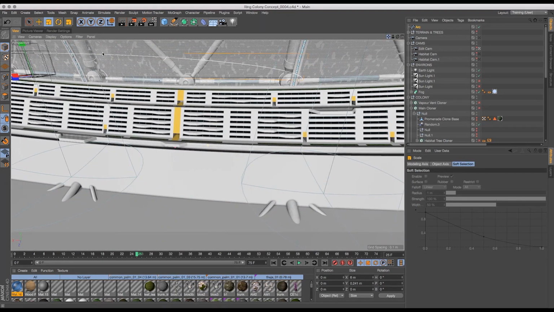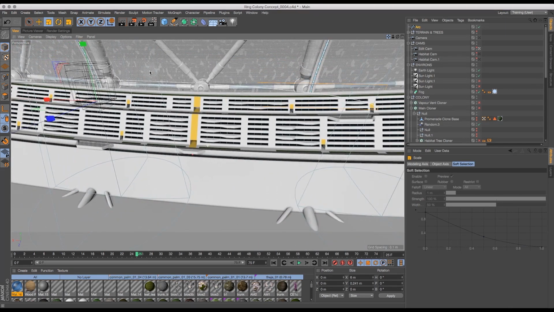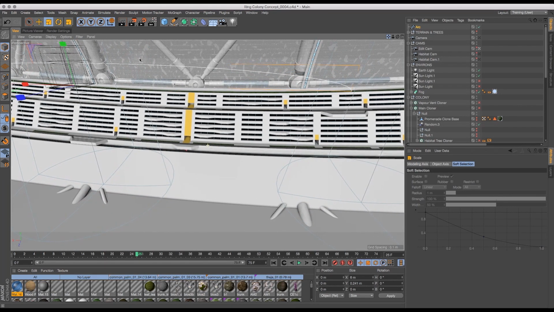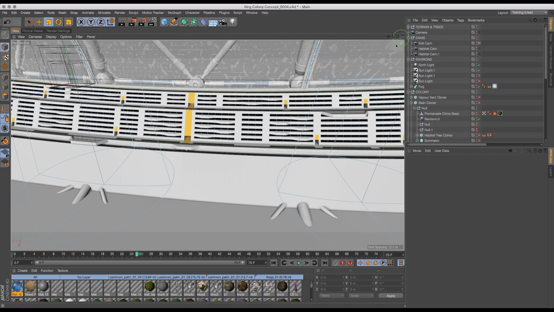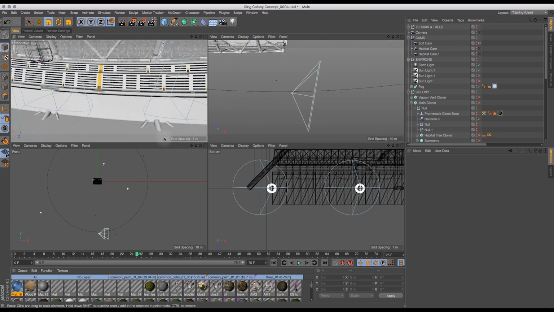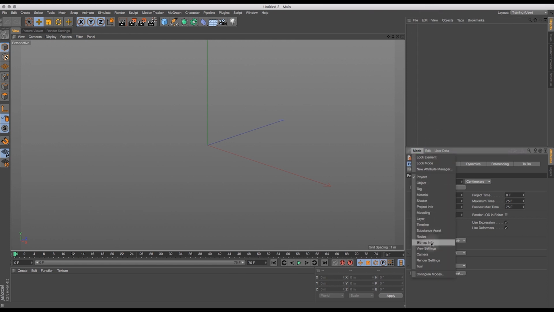Although the problem is we do get those kind of overly curved ends, which is not really what I want. I think the best way is to delete that and just go into a, let's do it in another document, in fact. Be easier still. Let's just go to mode, view settings,